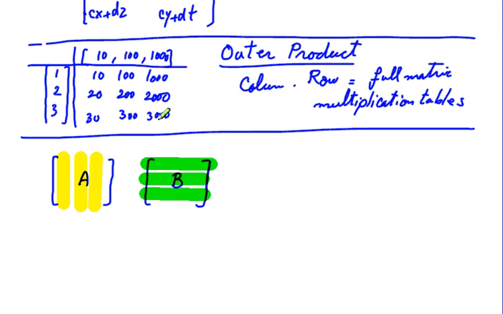And we are going to see that if you multiply each column with its corresponding row and you just add them up, you get the same matrix multiplication as before. So A times B